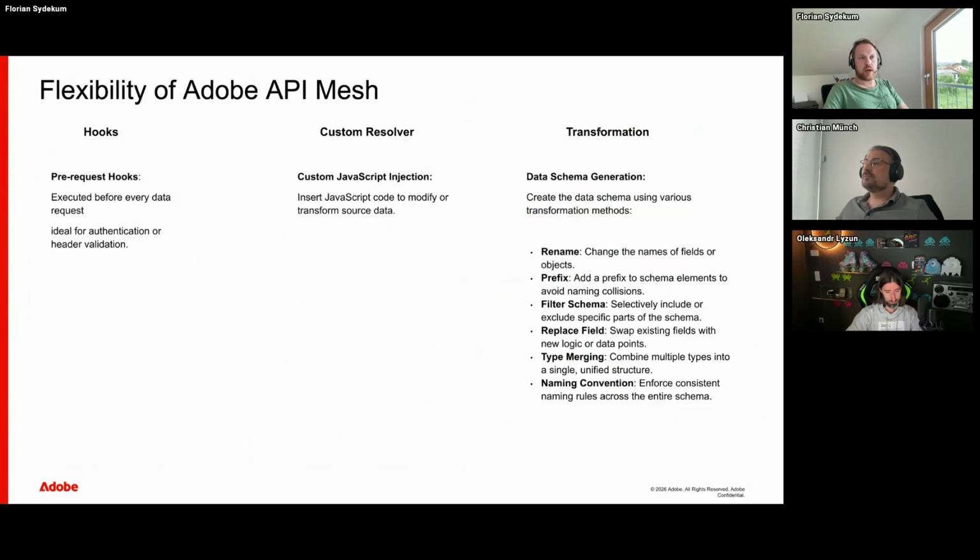And then you have standard transformation tools like renaming or prefixing something. So you can actually rebuild, not completely freely, but you have some basic tools where you can rebuild those interfaces of those backend services so that you can adjust them for the front end accordingly.